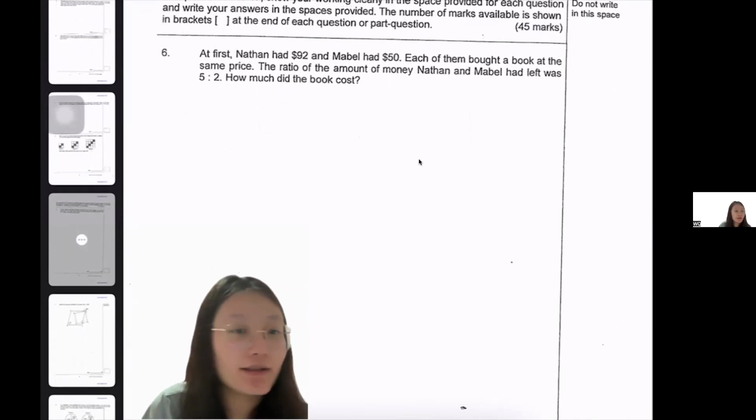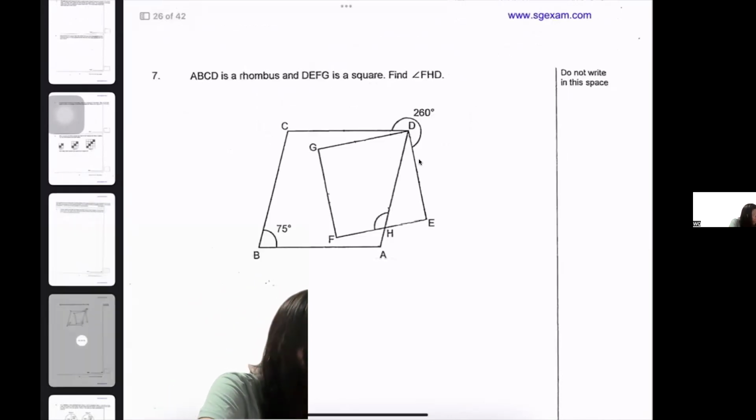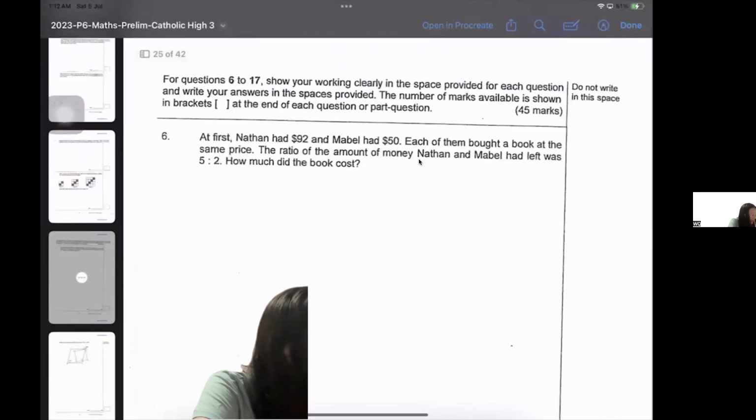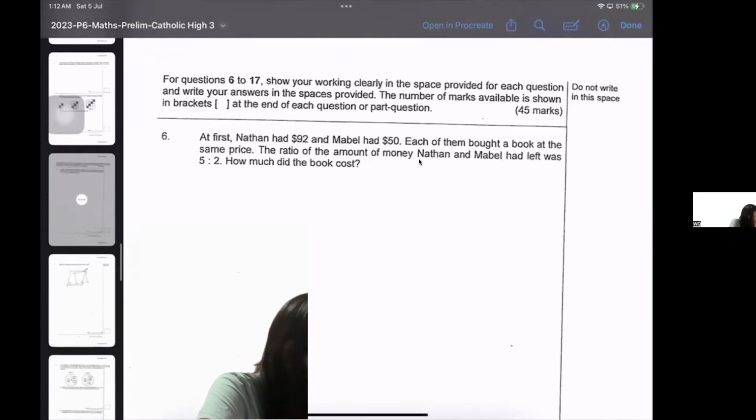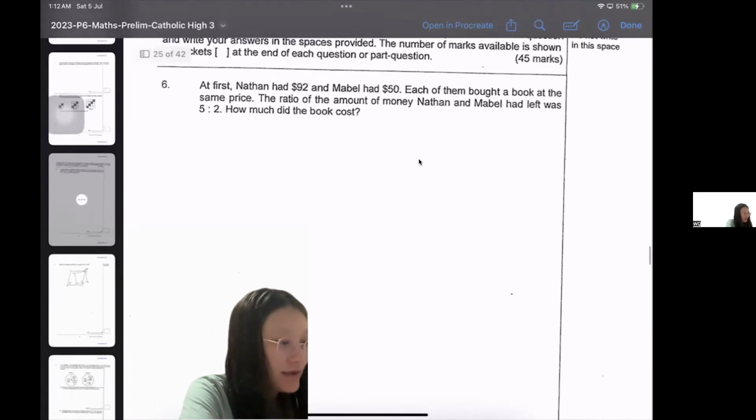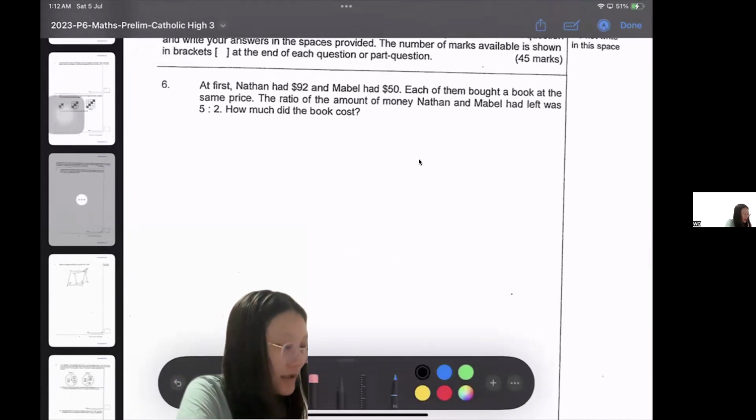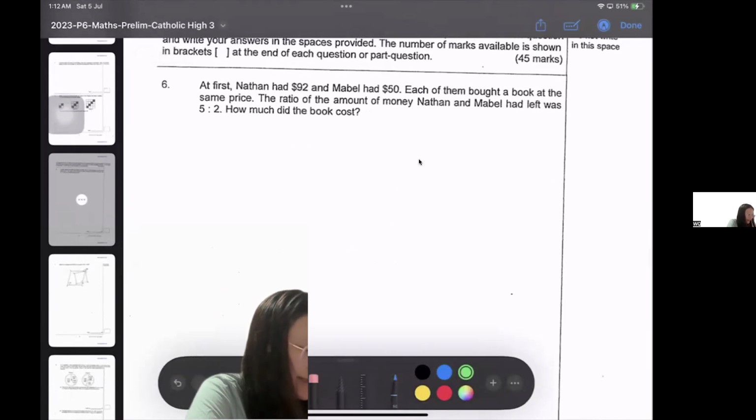Okay, let's look at the next two questions. I think I will do two questions. Okay, let's look at this first question. Okay, this one is a ratio question. So the first part says that